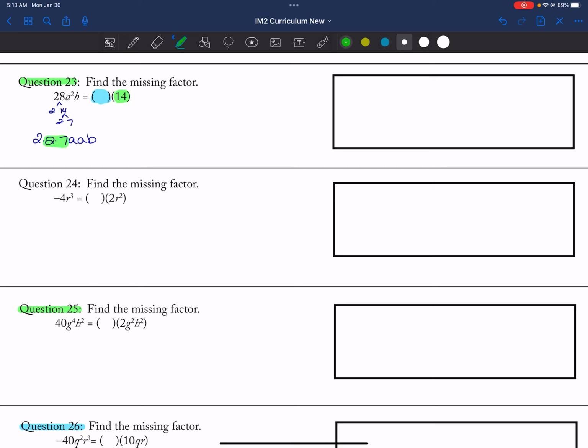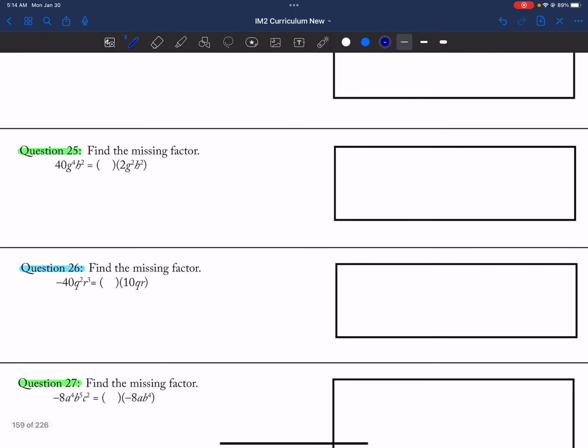Which is 2 times 7. So then I'm left with 2A squared B. All right, and then missing vector again. So then we're at 40, which is 2 times 20, 2 times 10, 2 times 5. So this is 2 times 2 times 2 times 5 times G times G times G times G times H times H. Okay, so now